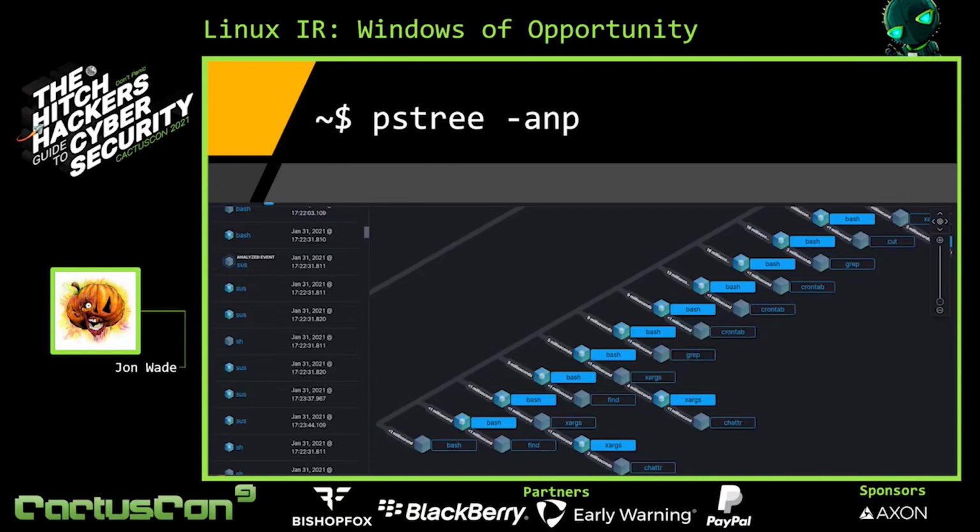Also, kind of interesting to point out here, the largest majority of these commands you're seeing are all kind of your generic built-in bash commands, right? Cut, grep, there's a couple of crontab references here, but for the largest part, we're not seeing a bunch of executables. We're seeing shell scripts being run here.